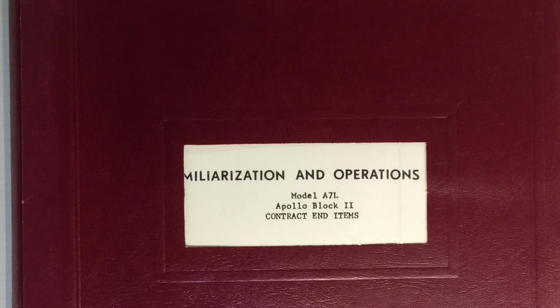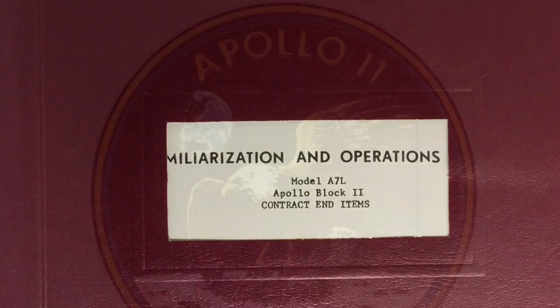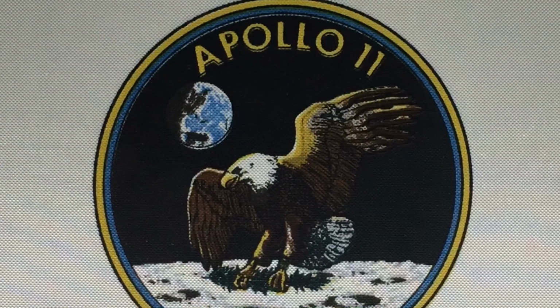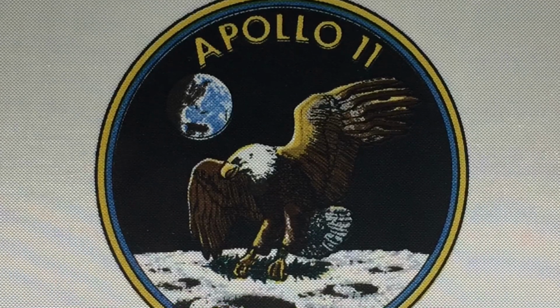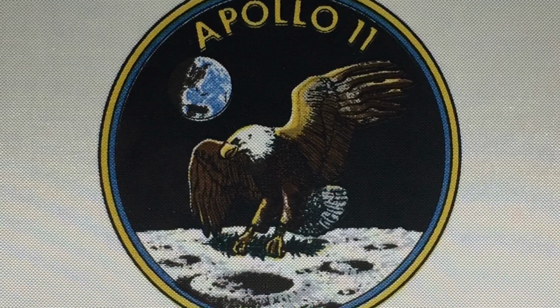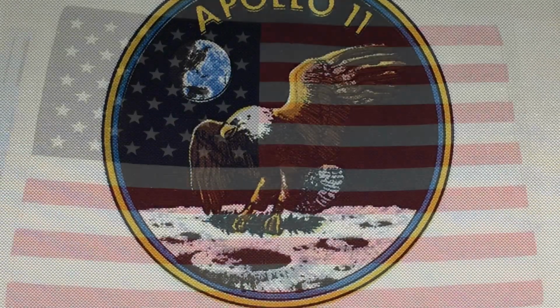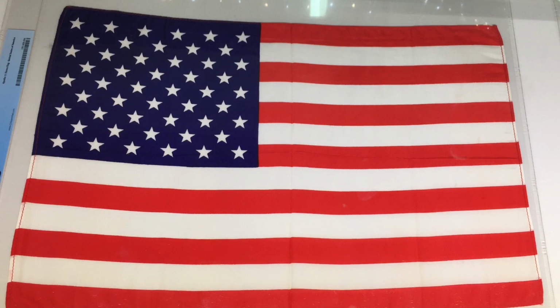Old documents had these really great binders like that, and just one more piece of American space exploration history, like this emblem here. Now, they had several versions of this. Some of them were actually flown to the moon. I don't know if this particular one was, because I took a picture of the one I had the best view of. But it probably was, because I was at the marquee table, kind of, when I took these pictures,